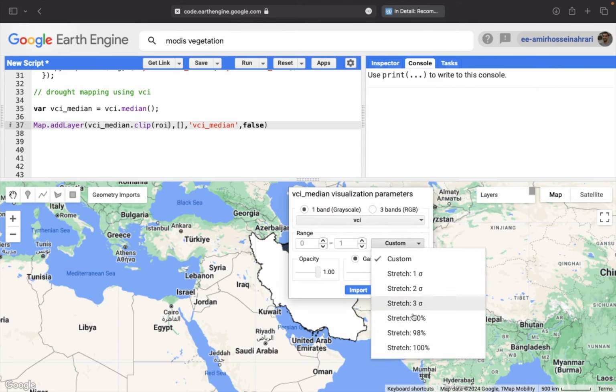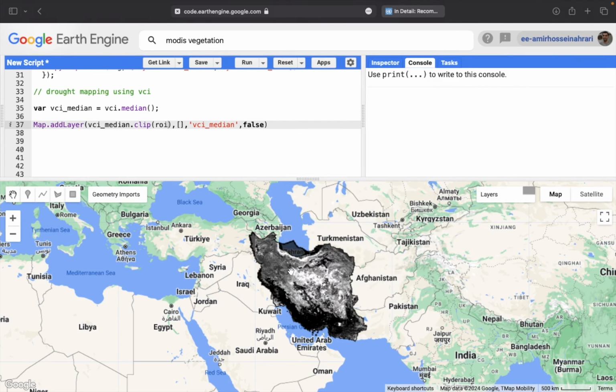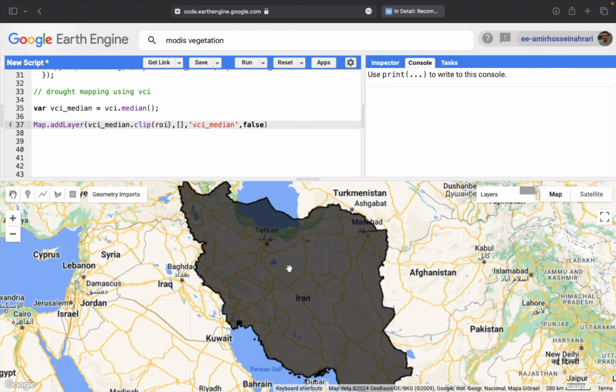So I want to increase the visualization contrast by the 90% stretch technique, and after it's applied, click on apply, and now you can see the median